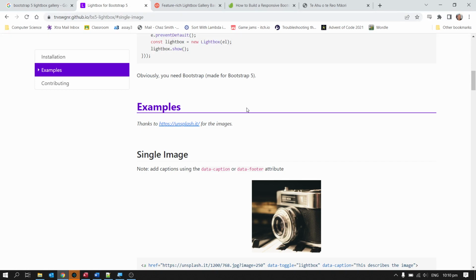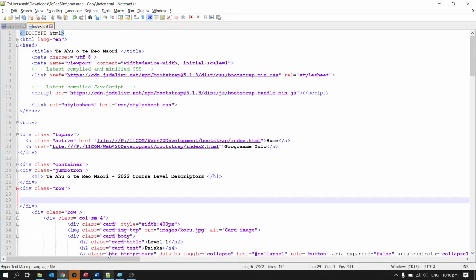So anyway, where's my page? This is the HTML from my page. Now you notice that I grabbed a CDN link, and typically you're used to putting a CDN link into here. I've already done this and I spent about 10 minutes trying to work out why it didn't work, and then remembered actually